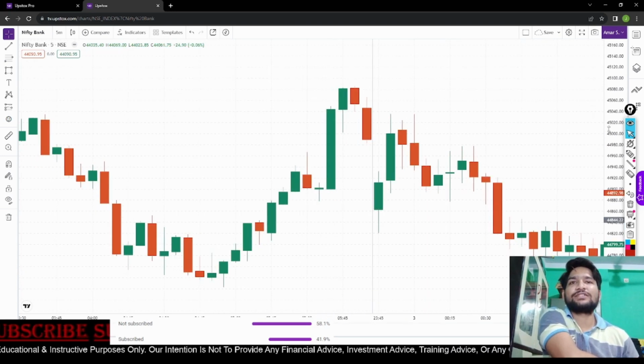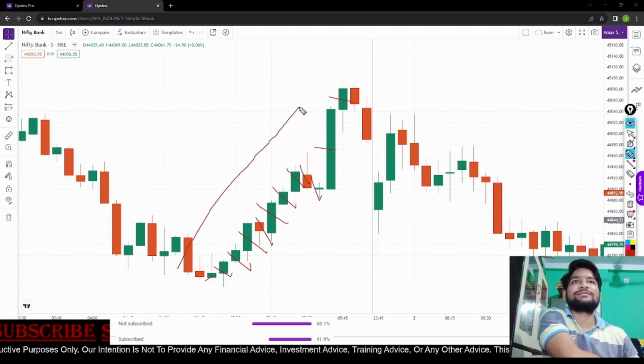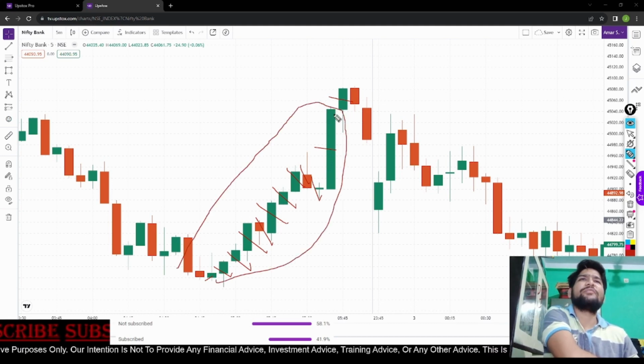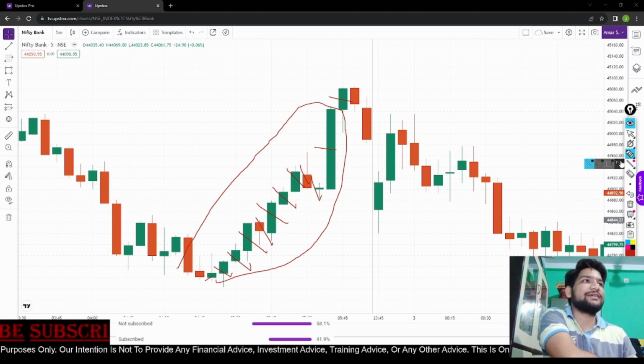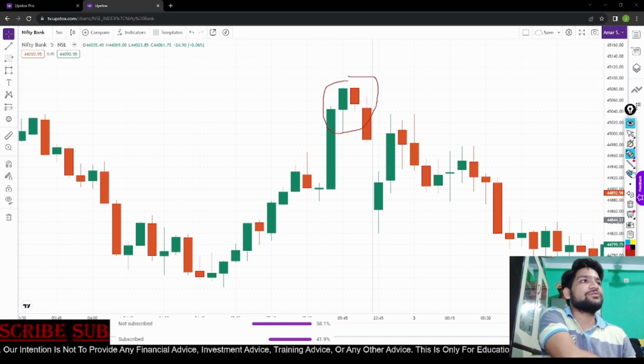So first let's count the number of candles. The Bank Nifty trend has started from this candle: 1, 2, 3, 4, 5, 6, 7, 8, 9, 10, 11, 12. So after 11 candles, a candle look-alike of a hanging man has formed, right? Actually it is a hanging man, no doubt, but it's a bigger candle, so no issue, you can trade that also. So the other rule is